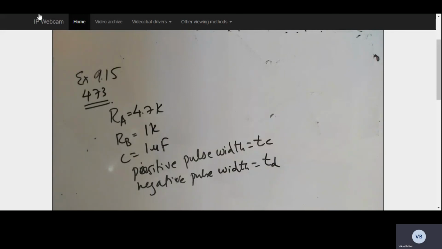So this is it from today's class, and with this we can conclude the astable multivibrator. I think I have one or two numericals here and there. Maybe we can solve them in the subsequent chapters. But with this, the entire content of module 5 is concluded, and we can move on with the next module. So let me conclude it today.